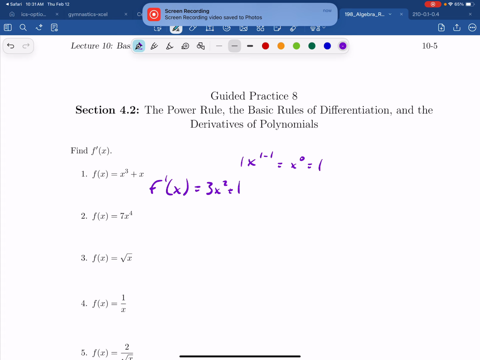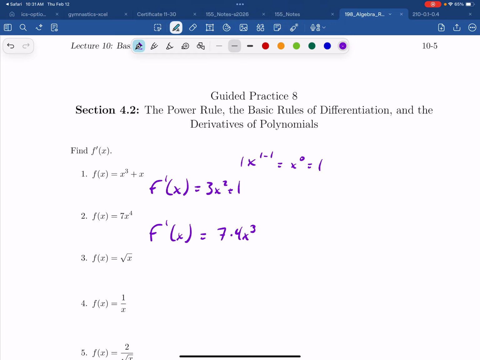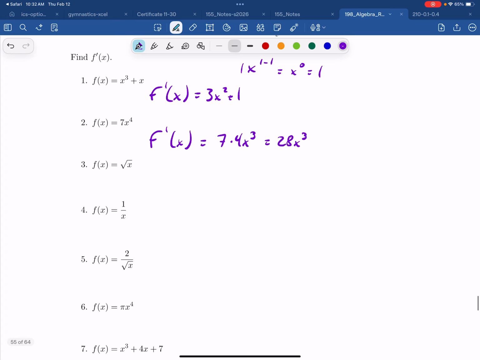Okay. F prime of x, in this case, equals 7 times 4x cubed, which is 28x cubed. Here, probably best to write f of x as x to the 1/2, because that's what the square root is. And so we get f prime of x equals 1/2 x to the negative 1/2, which is 1 over 2 root x if you want to write it